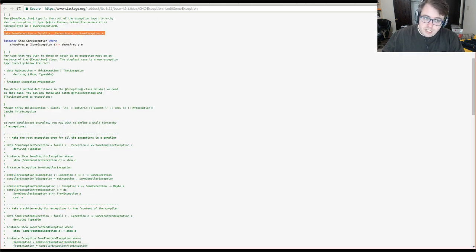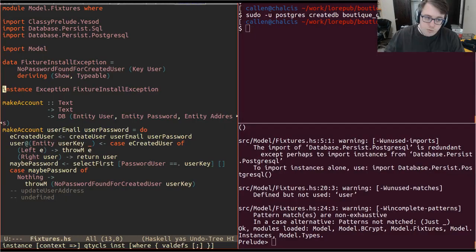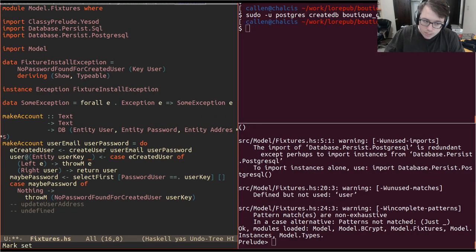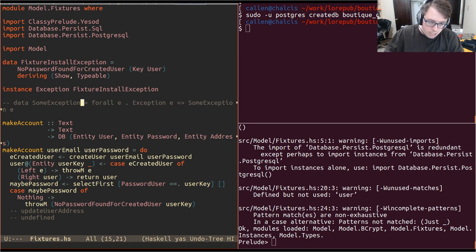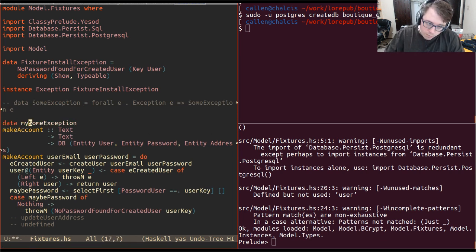SomeException is basically how we have something kind of like subtyping for our exception types in Haskell. And the way we get that is we don't actually try to unify all the exception types under an explicit type argument. Because if you write this type normally, so if I do my SomeException, and I just write this in kind of the more obvious way, like that,